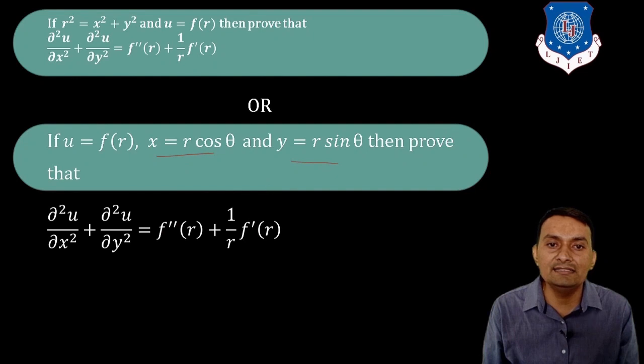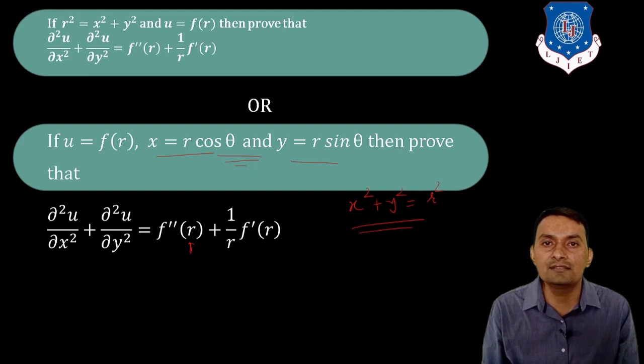But for that, I just want to remind that whenever you consider x square plus y square, it is going to be exactly r square, because r square cos square plus r square sin square is r square into cos square plus sin square, which is nothing but 1. So this is the same as the previous condition. Now you can find the derivative with respect to x and then y, and then follow the procedure whatever we have done in the previous examples.